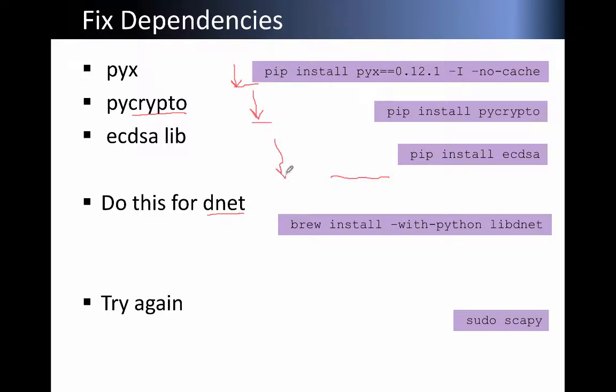Okay, up to this point there is no error, but dnet. If we have a dnet error, then you need to do this: brew install --with-python libdnet. All right. After this, and Scapy,